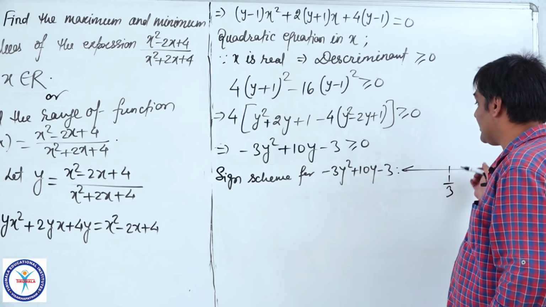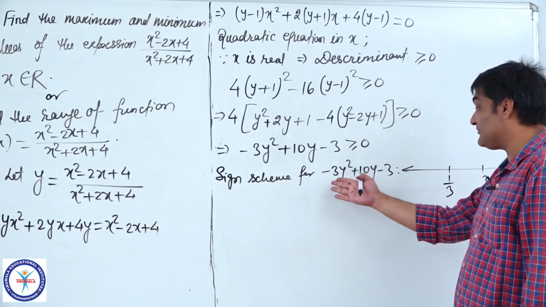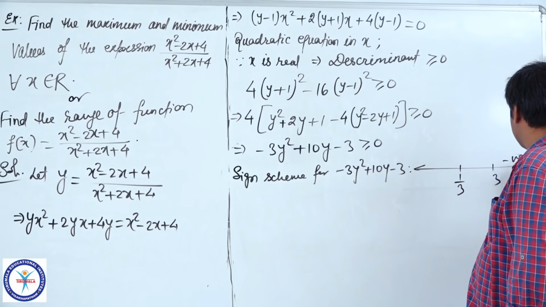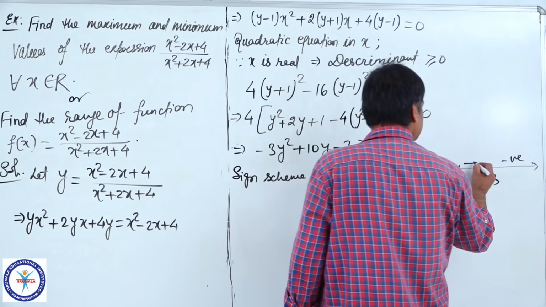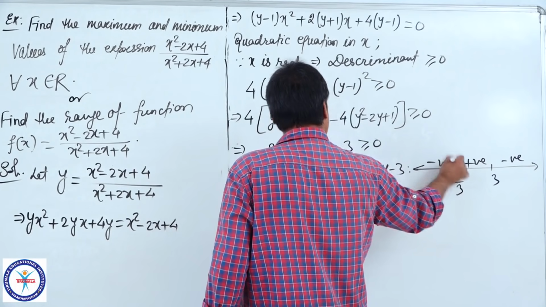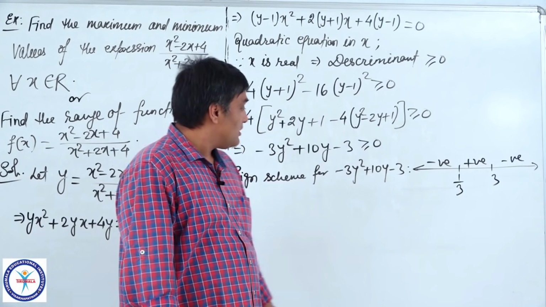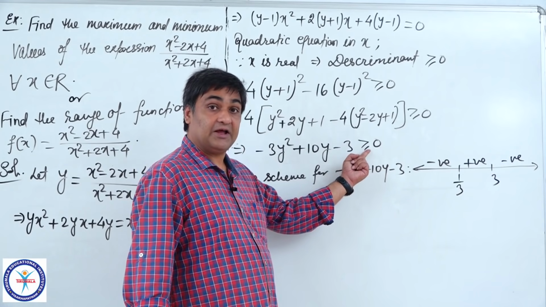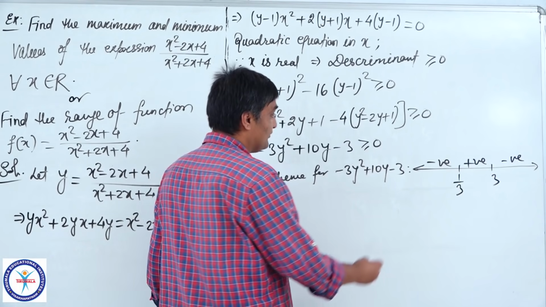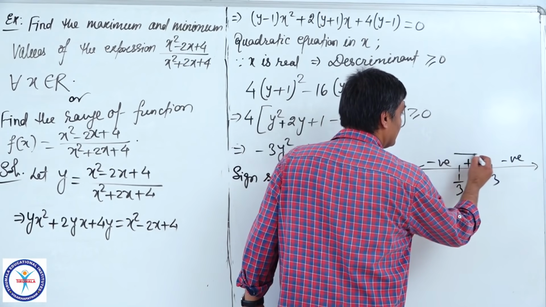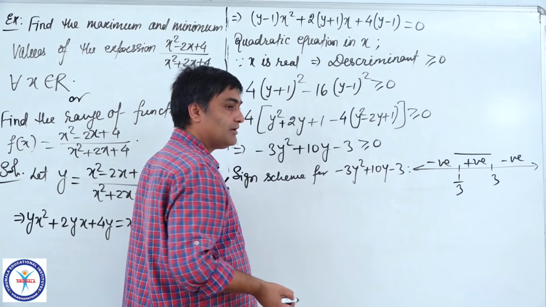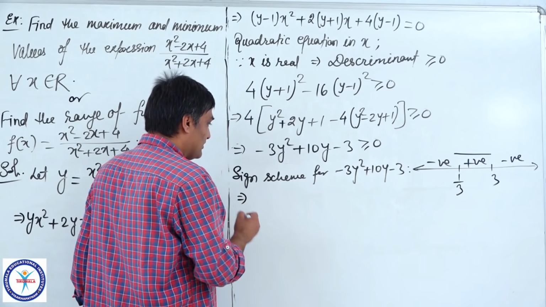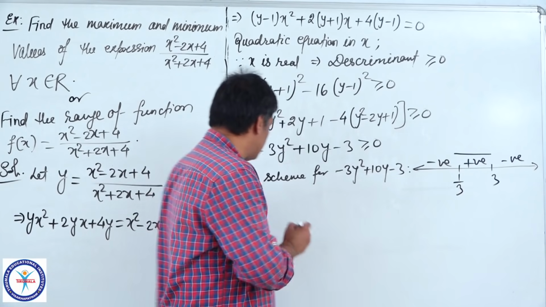Okay, if we put a large value, say 100, it is negative. Here negative, positive, negative. Now we are interested in greater than or equal to 0. Where? Here. This implies what? Y belongs to